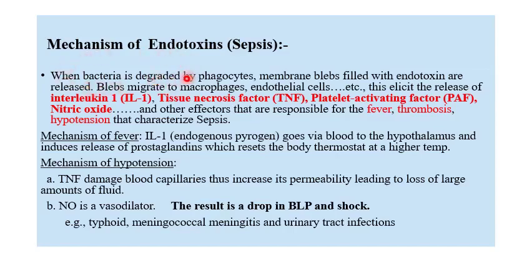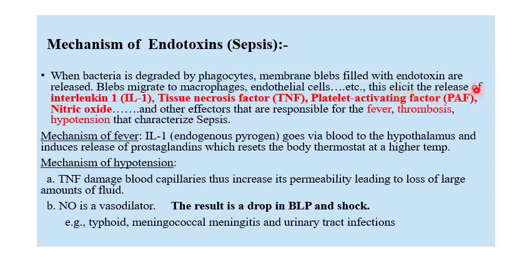When bacteria is degraded by the phagocyte هيحصل destruction للبكتيريا، هيحصل لها lysis، فأجزاء منها parts of the membrane اللي هو السيل وول بتاعها هيتحول إلى blebs. membrane blebs يعني زي الفقاعات أو البابلز. very tiny particles. These particles will be filled with the endotoxin لأنها parts of the cell wall. So they are released in the surroundings. These blebs migrate to another macrophage or to endothelial cells, etc. in the body. This will elicit the release of